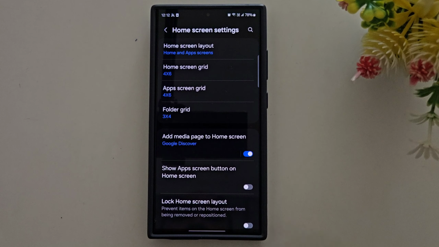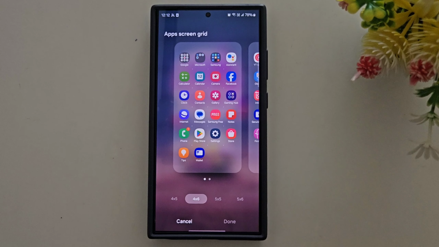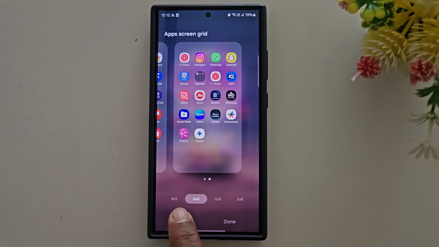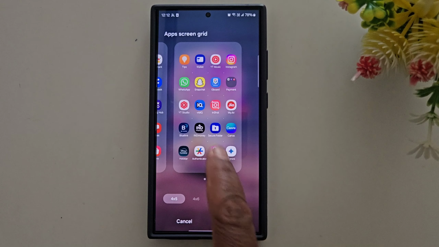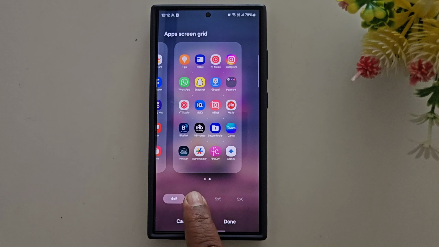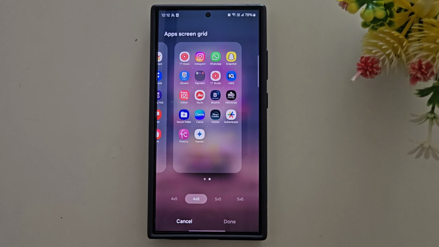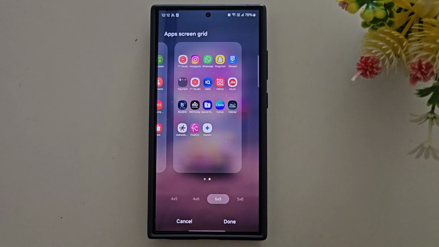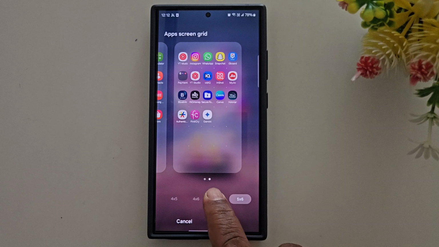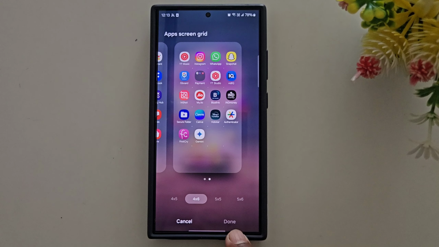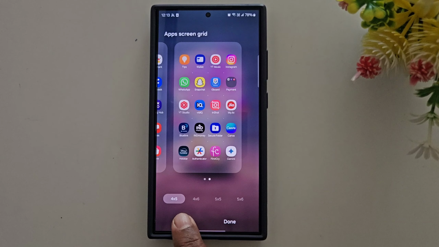Now go back and tap the app screen grid. Here you can select the rows and columns for the apps you want to use. Here you can choose 4x5, so you can see 4 columns and 5 rows, 4x6, so here you can see 6 rows and 4 columns, 5x5, 5 rows and 5 columns, or 5x6. So select the option you want to set and tap the Done option at the bottom to change the app